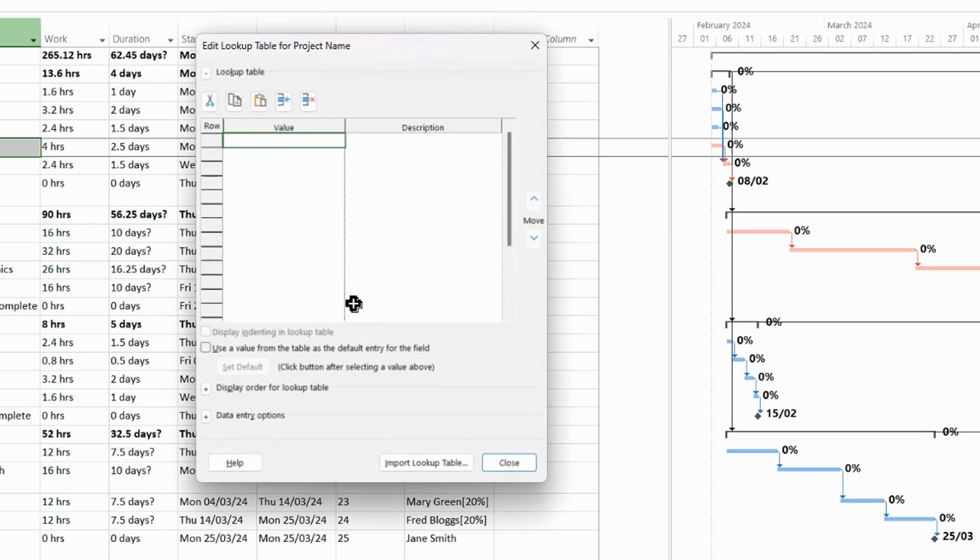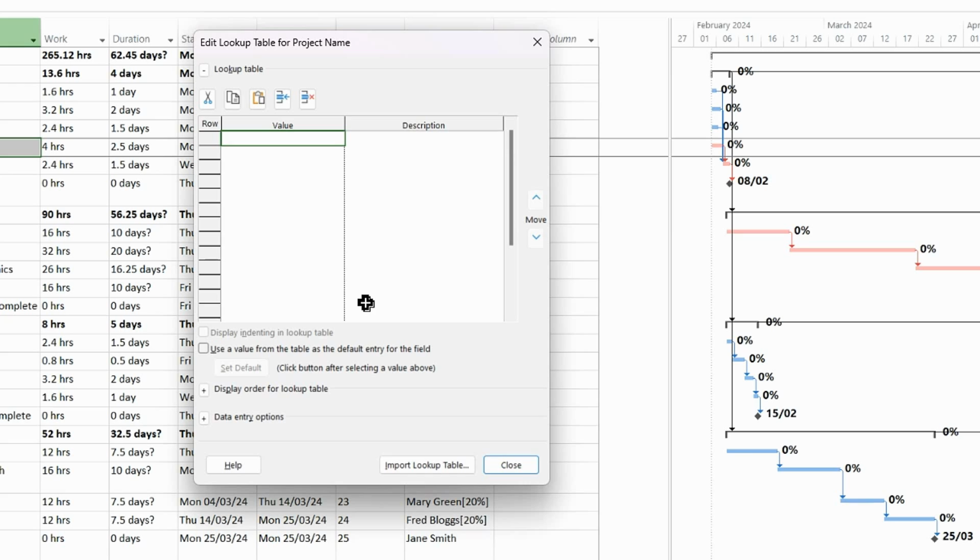I'm going to do a lookup. So the first one is I'm going to do program, build computer program. The next one is going to be project A, will be this one,